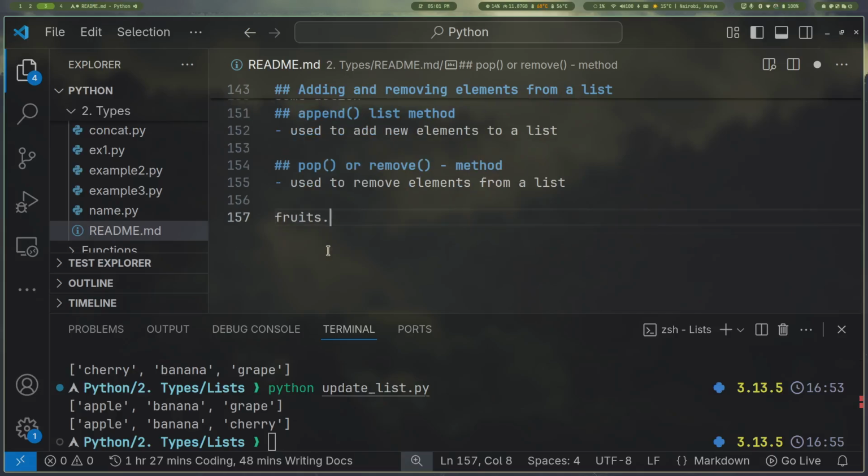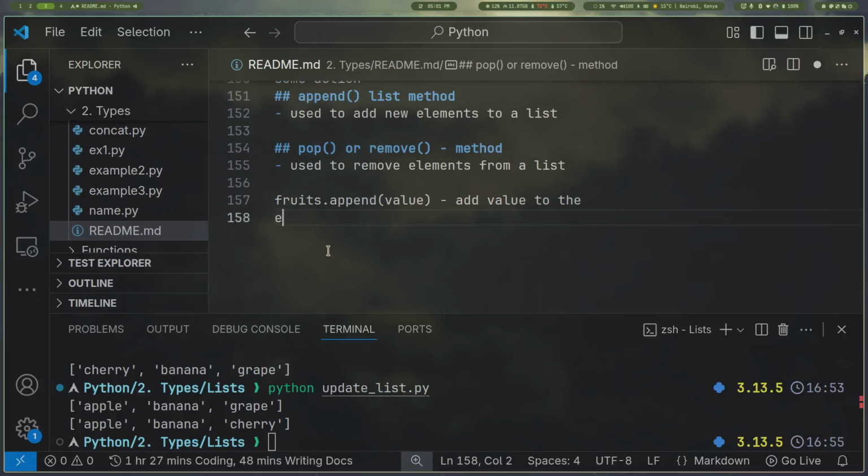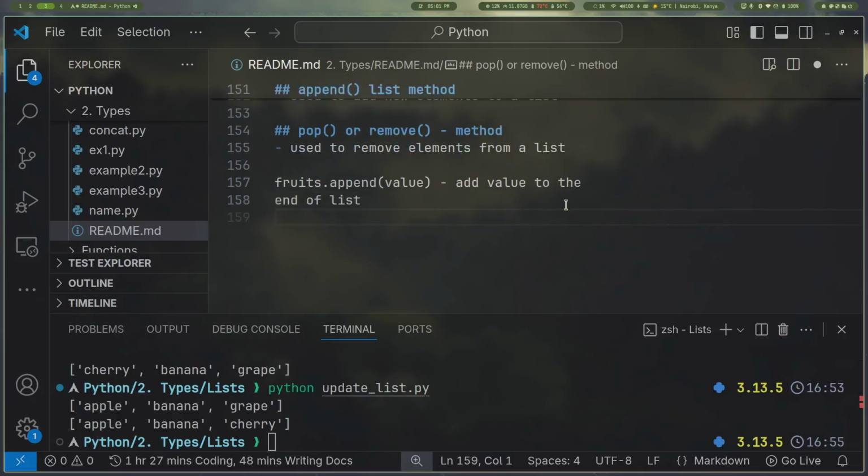Fruits dot append. If you want to append, then the value goes here, right? So this will add a value to the end of the list. Now you have to mark this because you are adding it to the end of the list. Is that clear? When you use dot append, when you use fruits dot